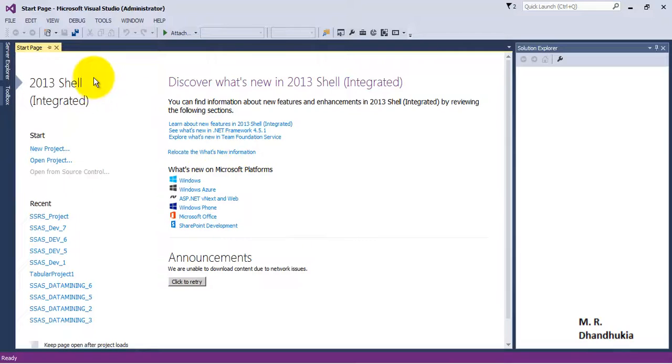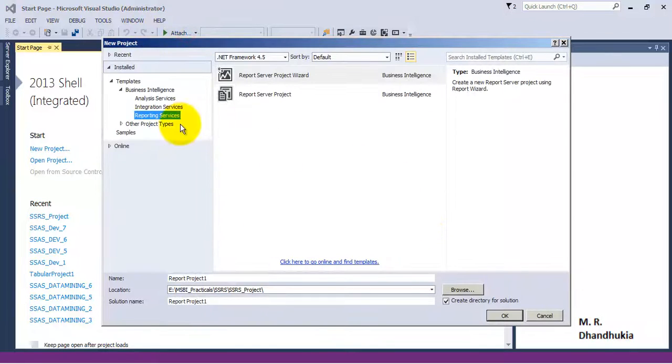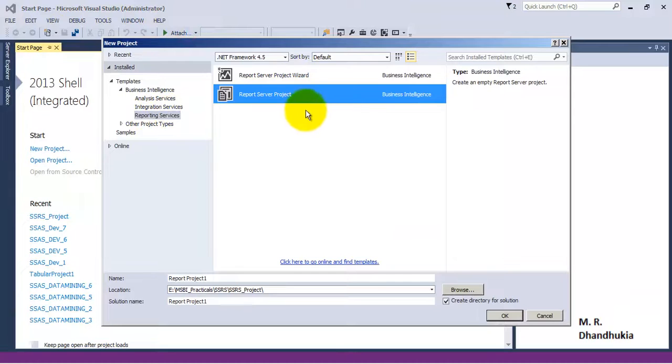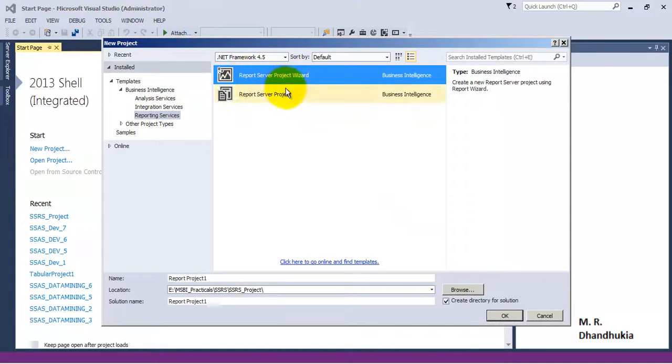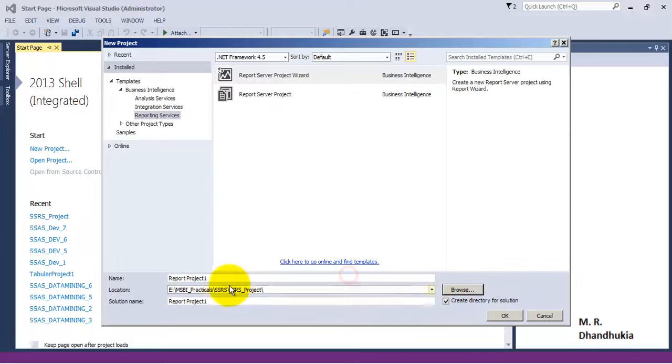Now let us create the first report, SSRS report. Okay, now let's go and create a new project. So let's select reporting services. It will give two options. So we will go for the first option, that is using a report wizard. Okay, so let us go and select SSRS project folder. Let us name this project as